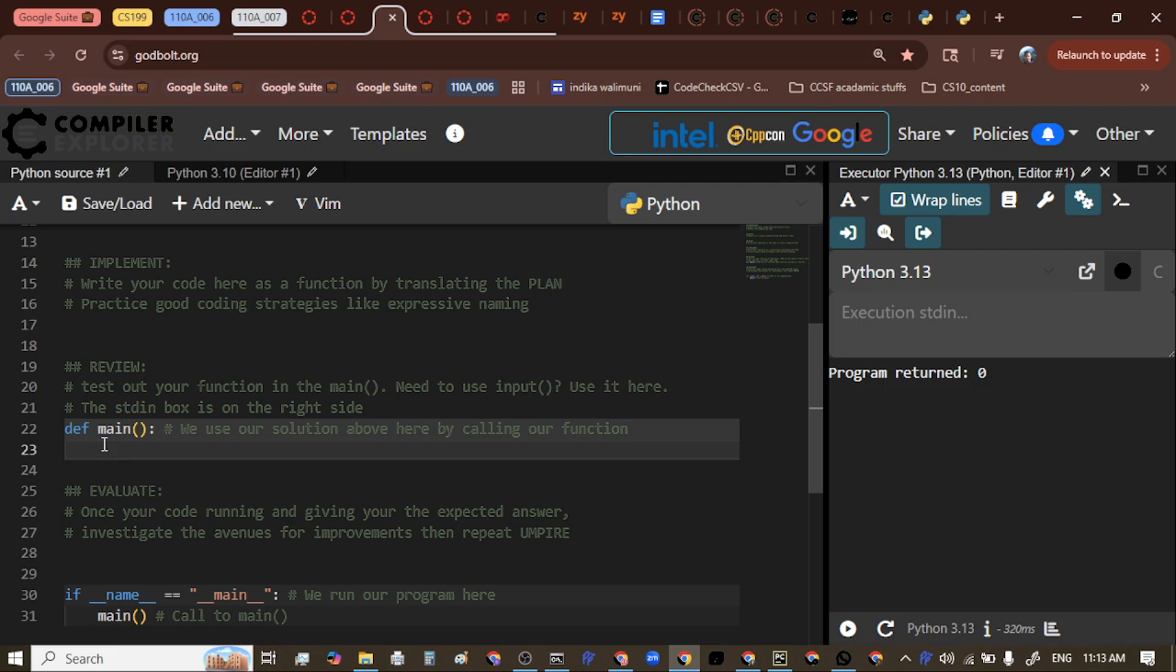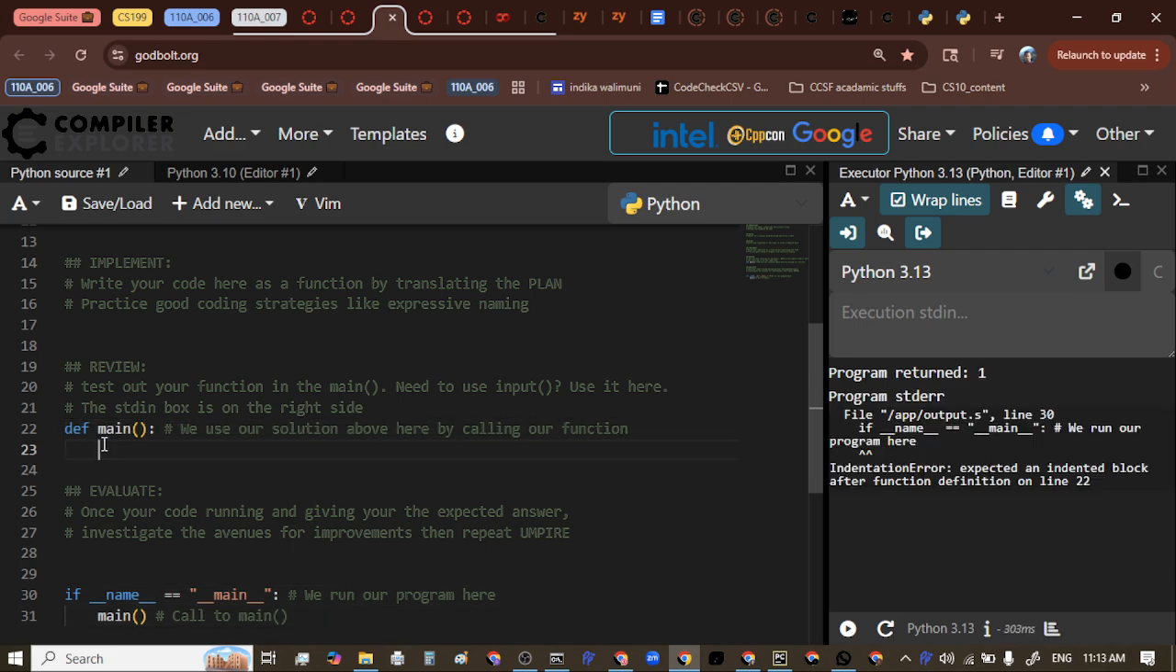So one thing, passwords and username both involve strings, right? And then also